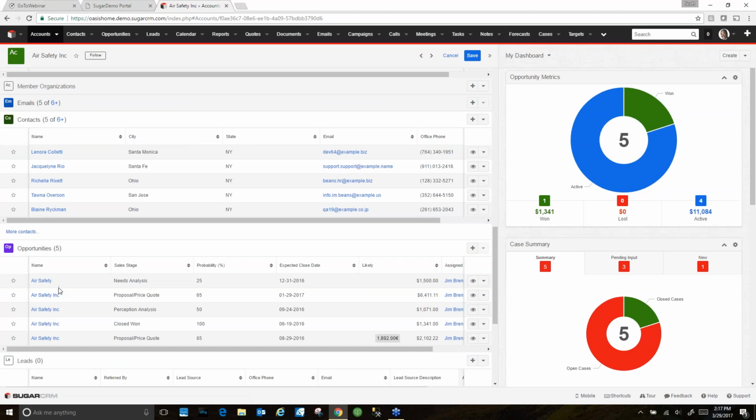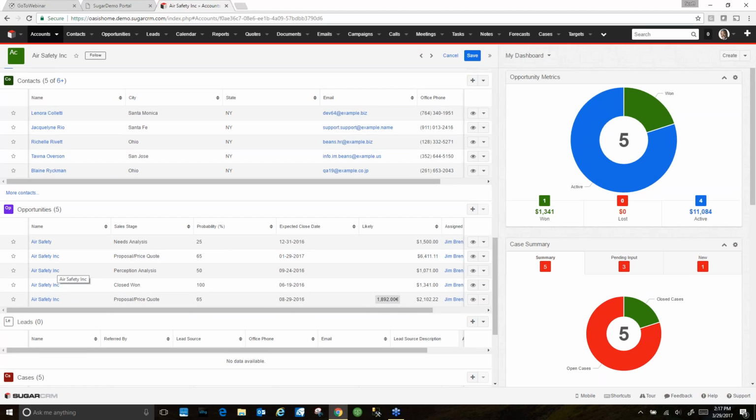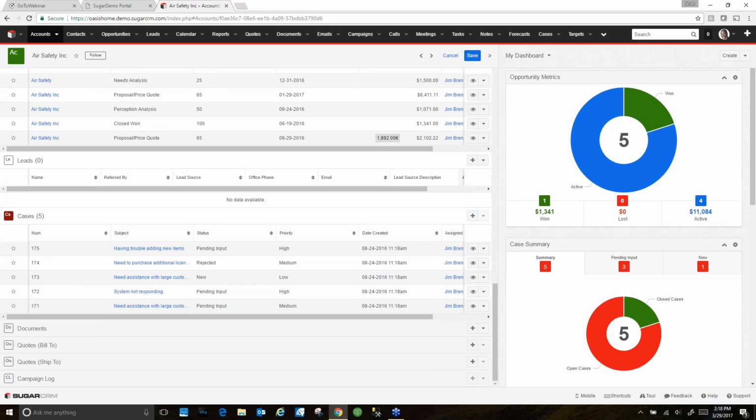The more opportunities that there are in here means the more business we're doing with this customer. So in this case, I see 5 opportunities. That's a good thing. That means we're doing a lot of business, and I could view any of these opportunities in regard to this customer. And I can also view any cases. If we're having customer service issues with a particular client, I can view that from this client record, all from